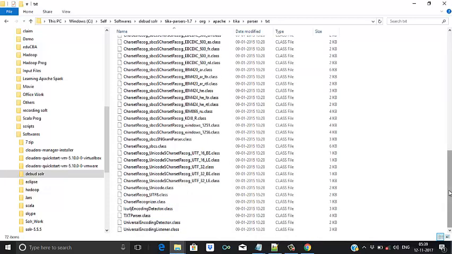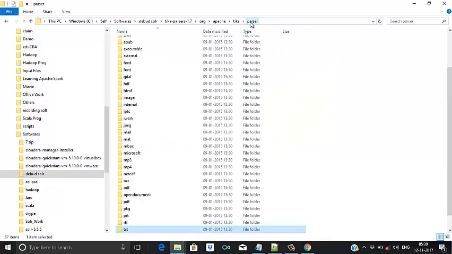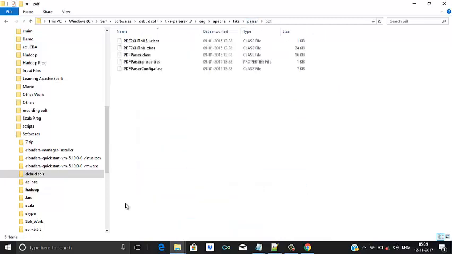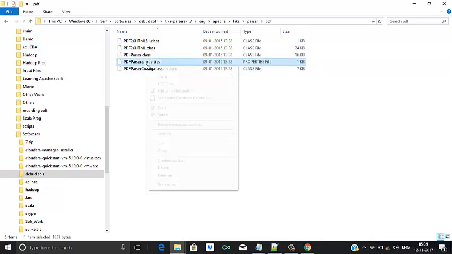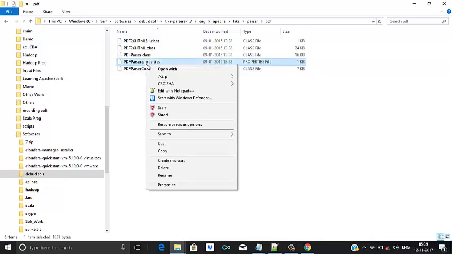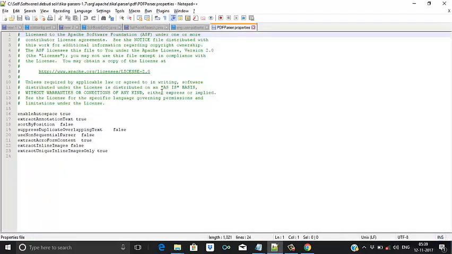It is basically code which is able to parse the text document. In the same way, in the last session we indexed the PDF. So for PDF we have this PDF parser file, or sorry, class files to parse the PDF. Here we have one property config file also, we can see here. Here we can define this property